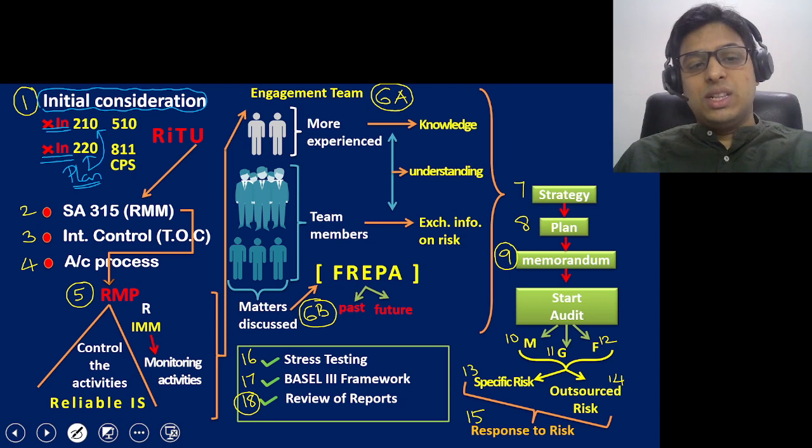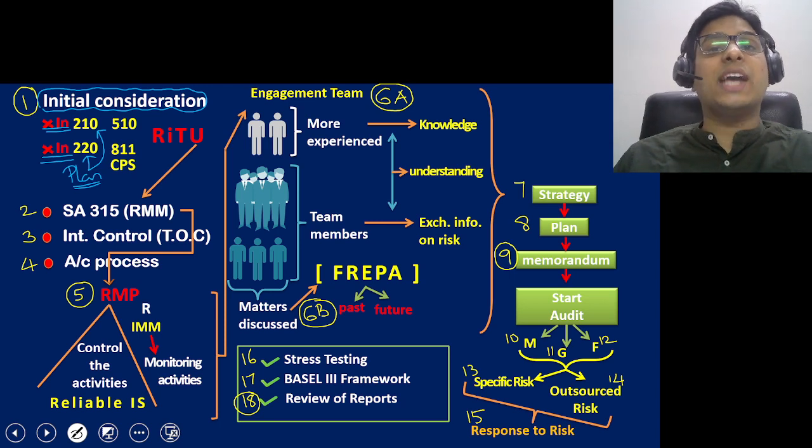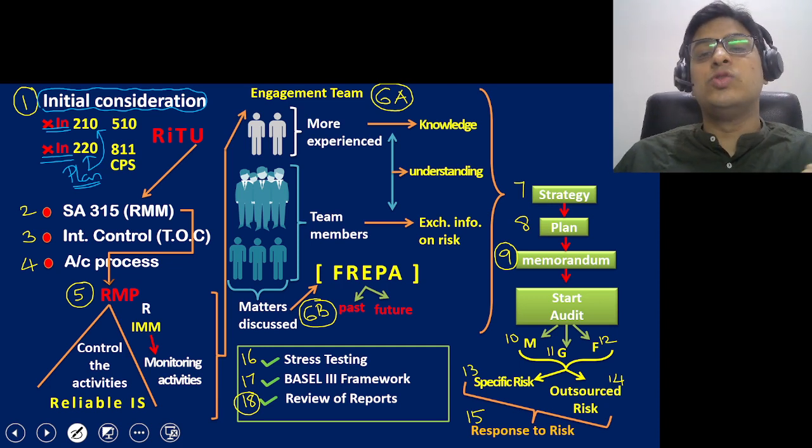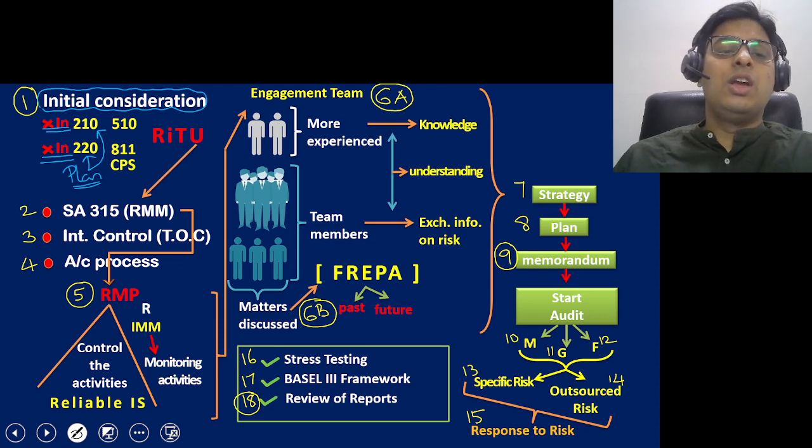So in this first initial consideration, you're looking at accepting the client relationship. So when you write 220 here, we have to plan in relation to accepting the client relationship, whether we should accept the relation or not. That is what we are deciding at this stage. So tell me,